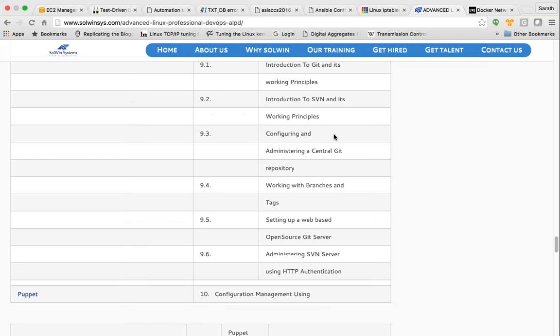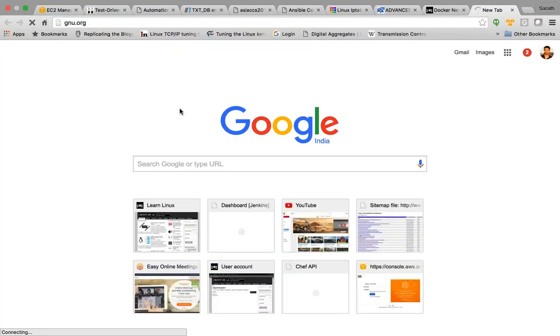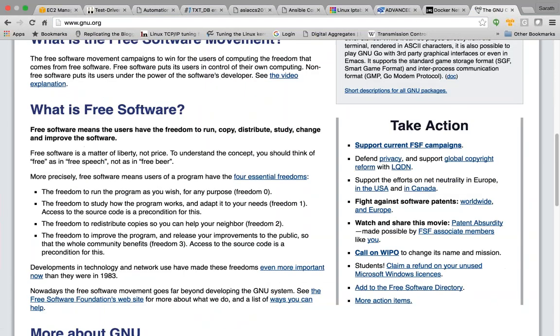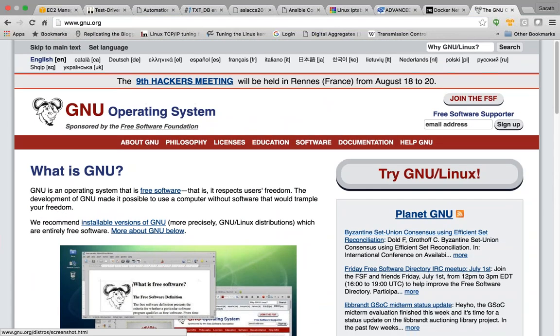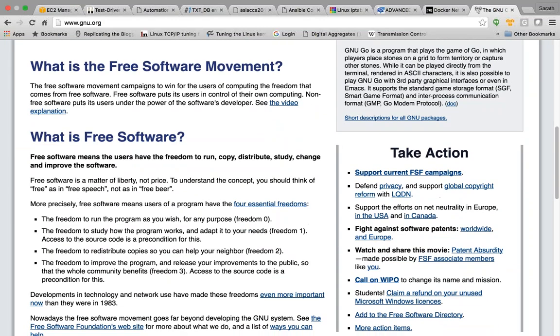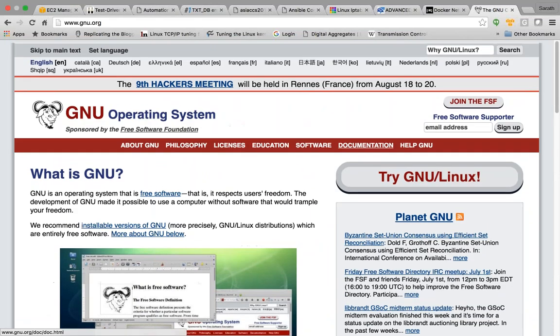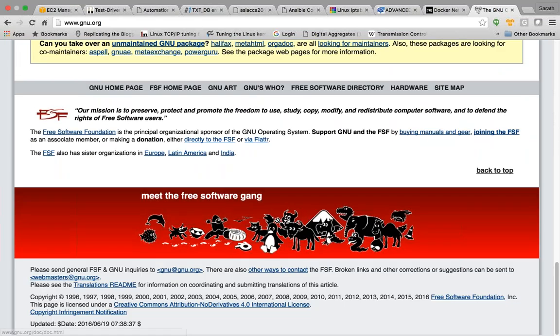So he created an organization called GNU. You won't believe it, you can even today visit gnu.org. Of course, this is dedicated only to hardcore programmers and Linux enthusiasts, or I must say enthusiasts in the field of programming, in the field of Linux or the Unix family of operating systems.